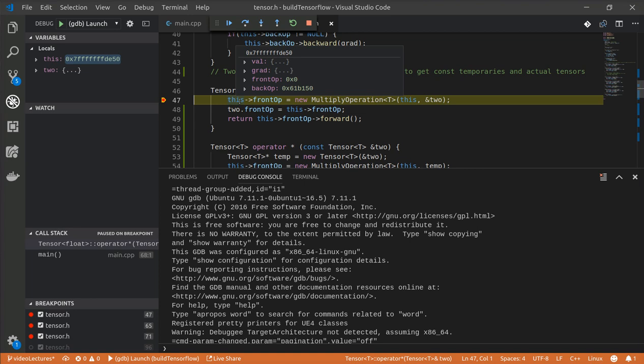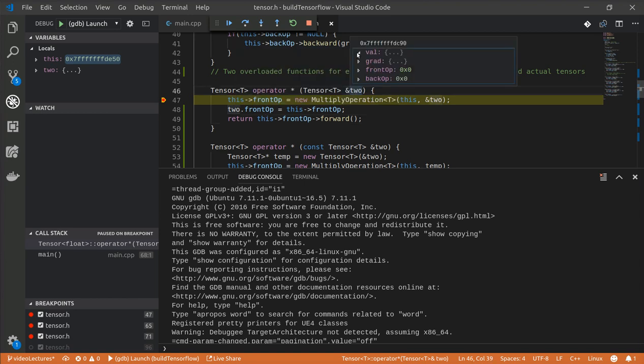So this would be a 5 and a 4, right? So 2 val would be a 5, right? This is right. So this is a normal tensor, right? This would be 5, and very interesting. This will be 5, and then this will be a 5, and this should be a 4. This should be a 4, and this is a 4. This new multiply operation,